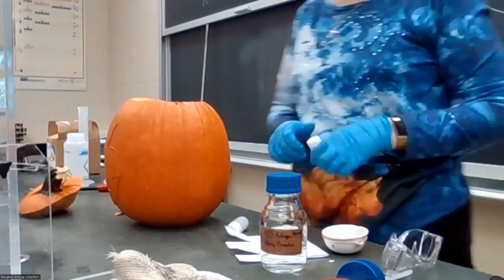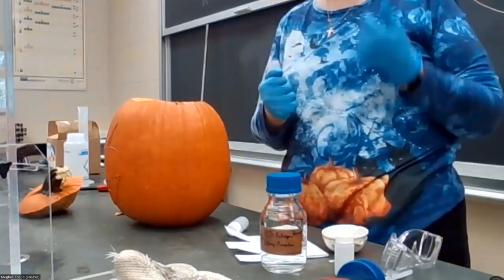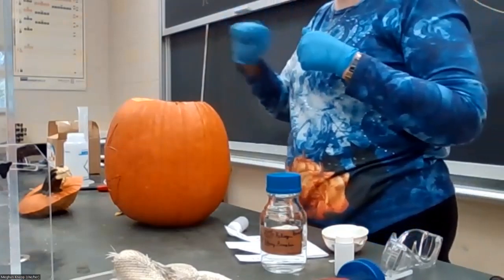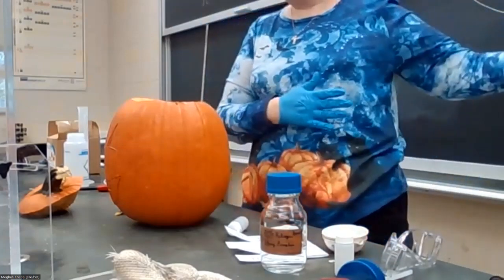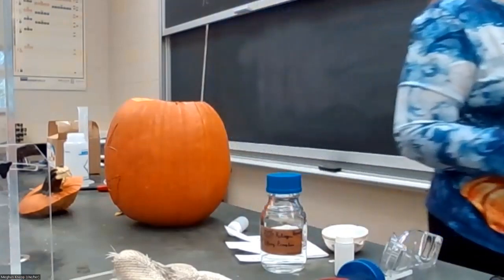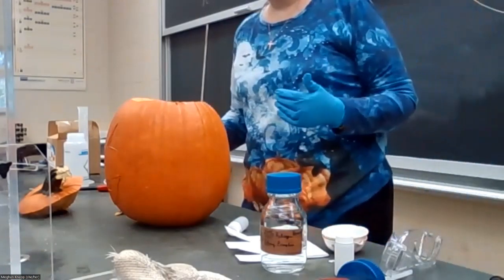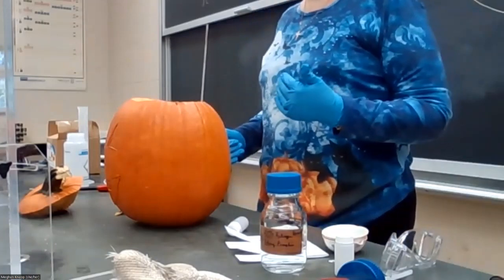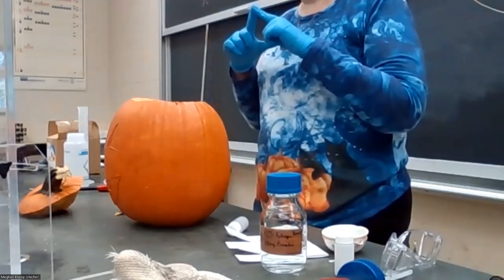So if you've ever heard of an acetylene torch, welders might use an acetylene torch, or bakers actually use them to brown the top of their special dishes or whatever. So we know that it burns, right? Now for fire, we need 3 things. We need the fuel, which is the acetylene. We need the oxygen, which is in the peroxide. What else do we need? 3 parts to make fire: fuel, oxygen, and